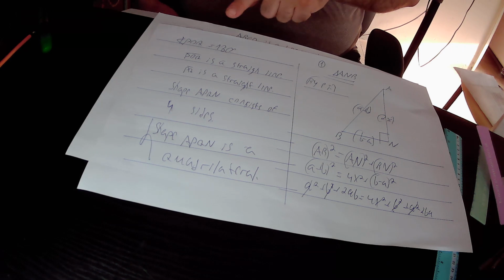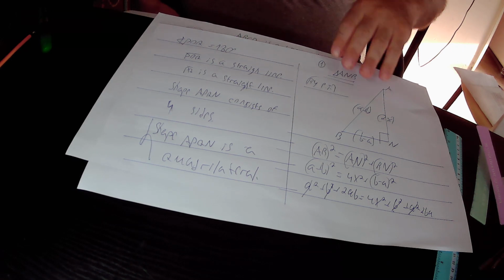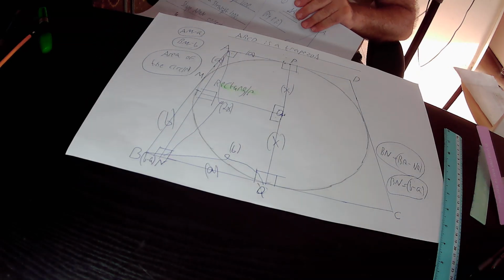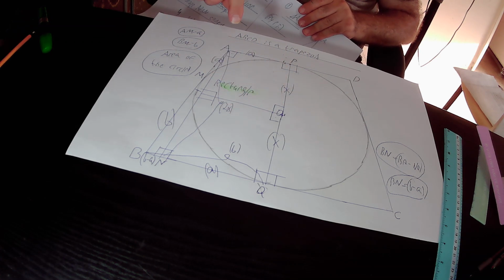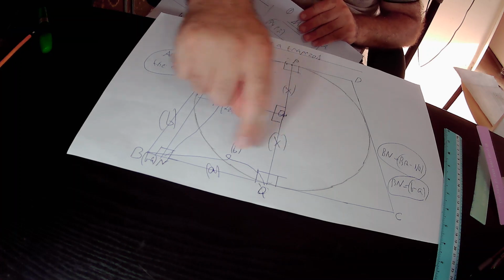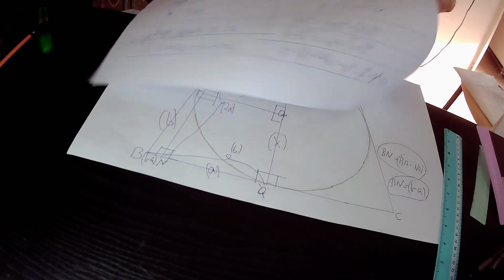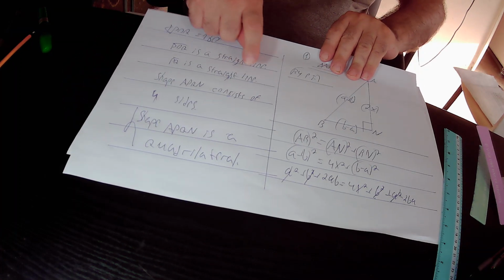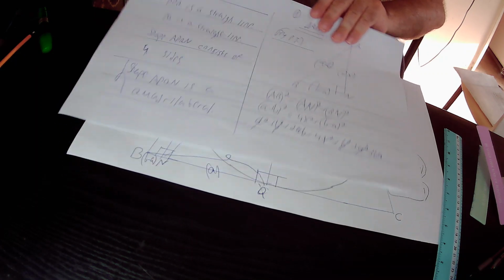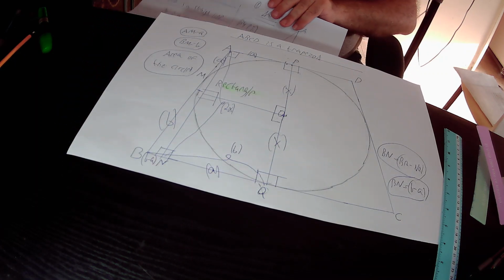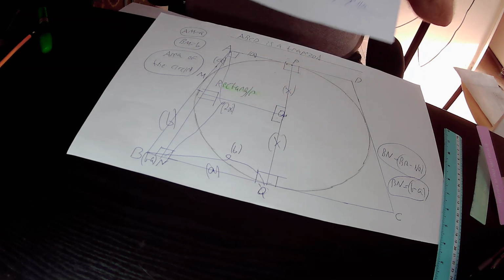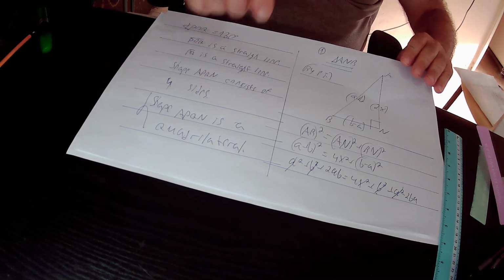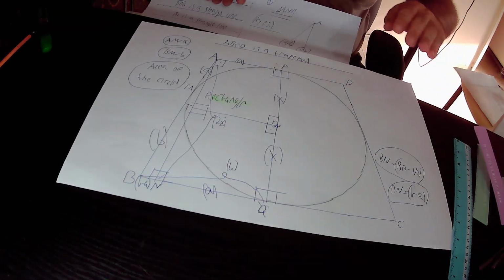POQ is a straight line, PQ is also a straight line. Therefore, this shape APQN consists of 4 sides: 1, 2, 3, 4. Again, shape APQN consists of 4 sides, and therefore shape APQN is a quadrangle, and we have already found out that